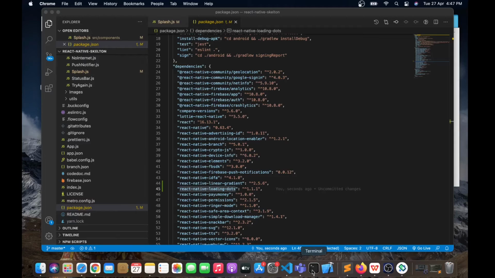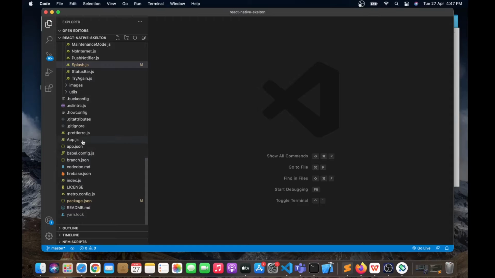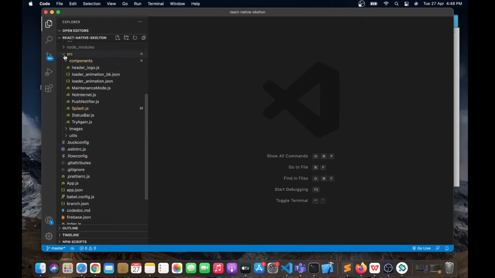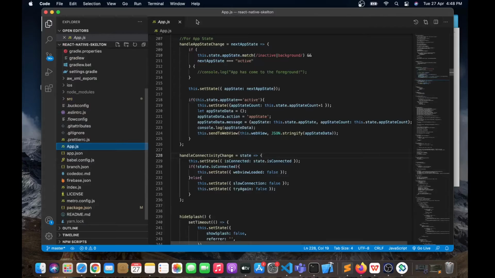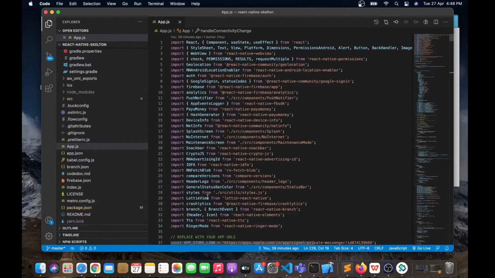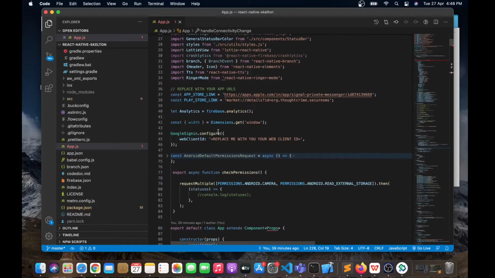We are going to look into the app.js file. So let me open the app.js file. Here in this app.js file, we are importing the packages which we are using in this skeleton, and if